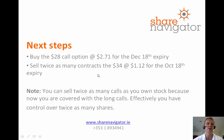Well, we've got control over a certain amount of stock at the moment. So what we're going to do is buy control over the same amount in call options. So effectively, we're doubling up our stock position without actually purchasing more stock. And we're going to buy the $28 call options on Twitter, and we've paid $2.71 for those for the December